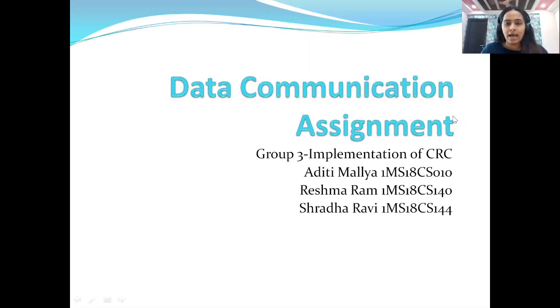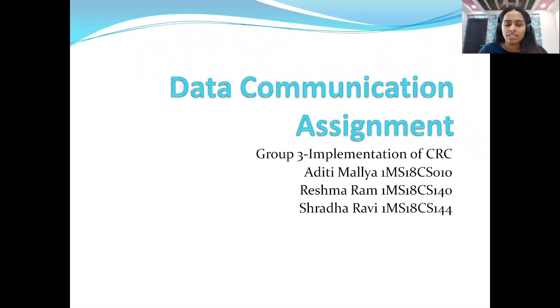So basically, I will be giving the introduction to the topic, explaining the problem statement. The problem is that we have to take a code which we ask from the user, which we call the data word, and we have to transmit it through a certain medium so that the receiver can accept it. So when you transmit it, the code can get corrupted.